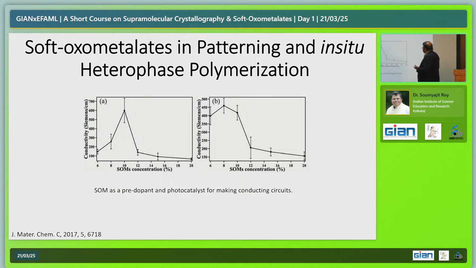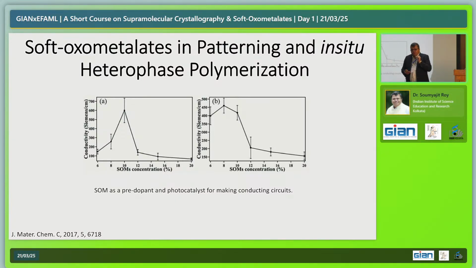So that means you have a certain available area on the plastic polymers, which are the pristine polymers, where the SOMs can be accommodated. But beyond that, you cannot do that, because you are then disturbing the intrinsic conductivity of these polymeric units. So we were quite happy to see that what started out as a simple trial experiment